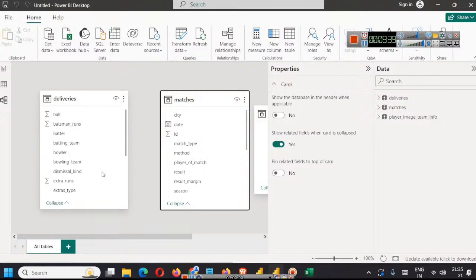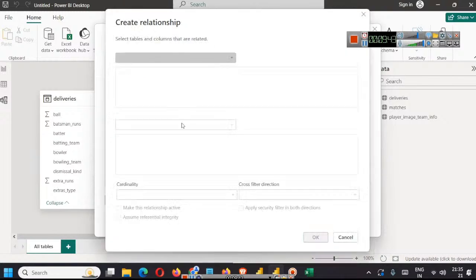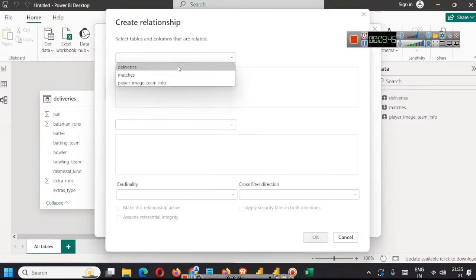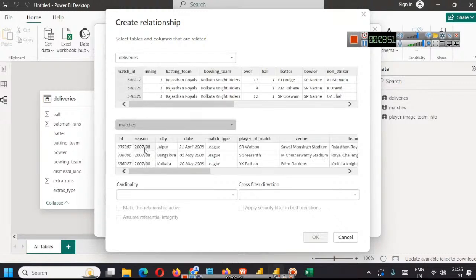Okay, so we will go to Manage Relationships and create a new relationship. From here we will select the deliveries table. In the deliveries table there is match ID. We will select the matches table, and here it is ID, and this is a many to one relationship, because many records in the deliveries table will match with one record from the matches table, because in the deliveries table for every match